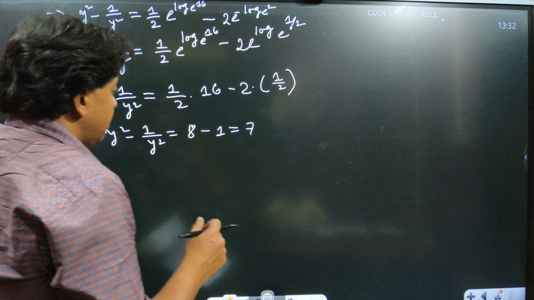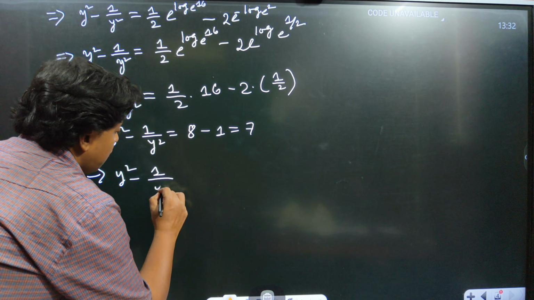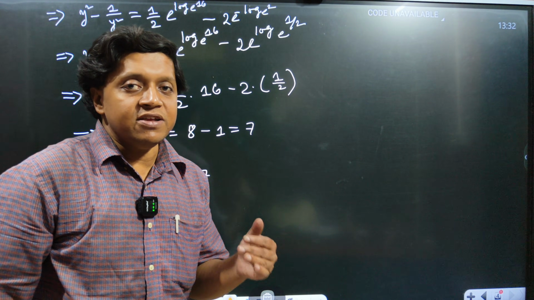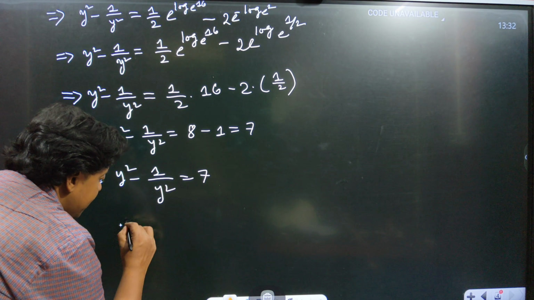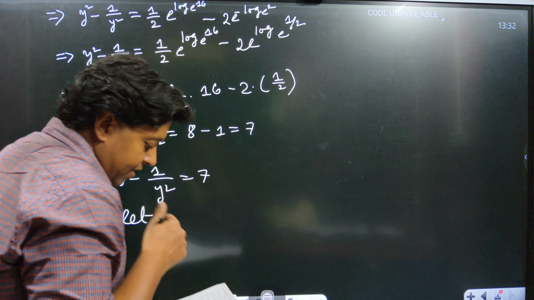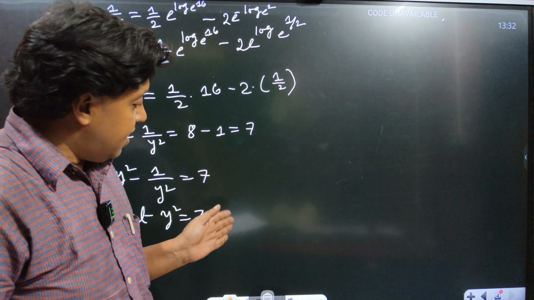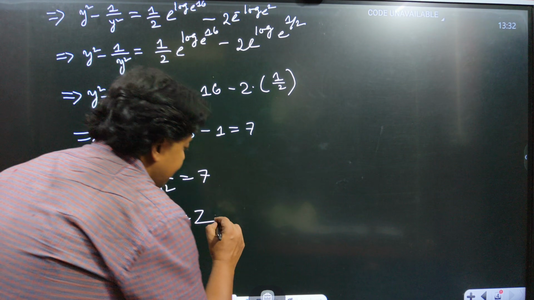So finally we are left with this equation, y square minus 1 by y square equal to 7. How to solve it? This is basically mathematics of class 9 and 10, and for solving this we will just make this substitution. Let y square equal to z. If we assume that y square is equal to z, then